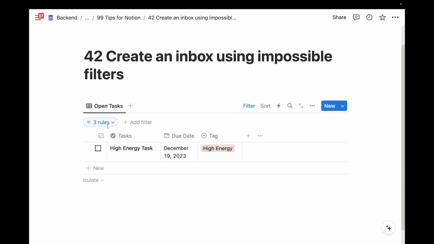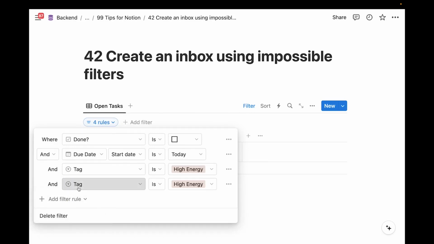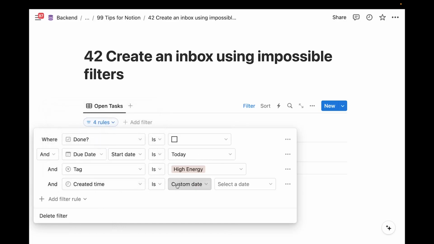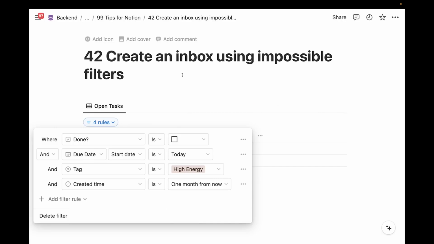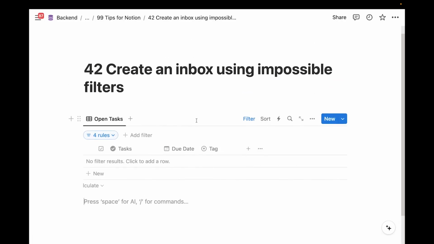And now in our filter, we add another one. We actually don't need any of the others, but we just leave them here for now. And we say, okay, our filter should be that created time is, and then we say like 1 month from now, right? So 1 month in the future. Now, this is obviously impossible, right? The created time can never be currently in the future. So that means this database will always be empty, which means you get now always this fairly clean look where